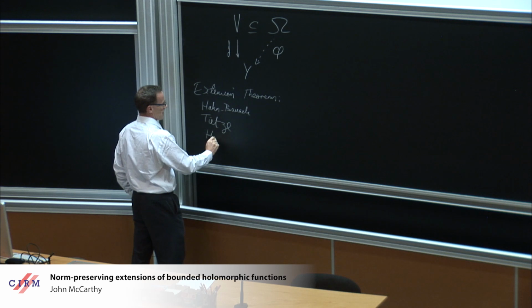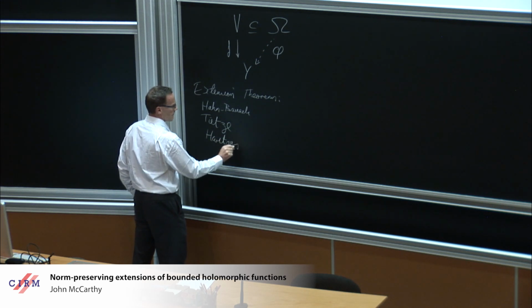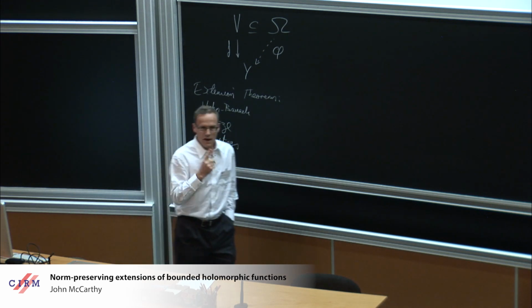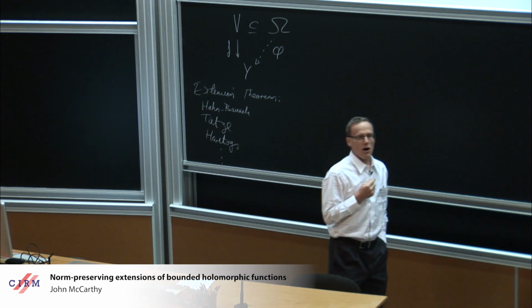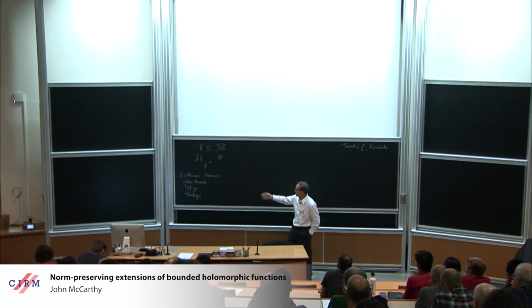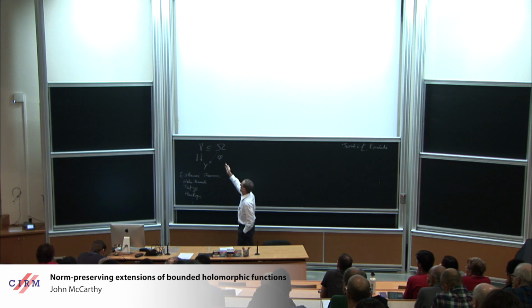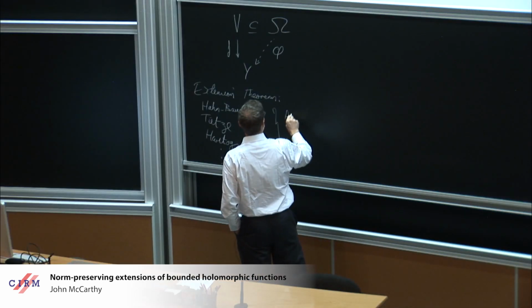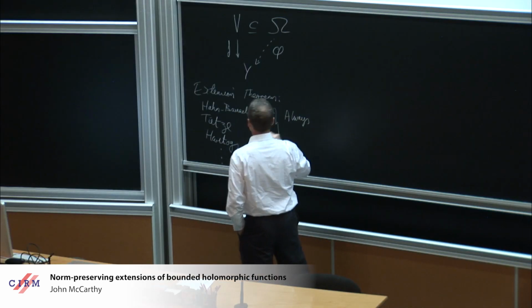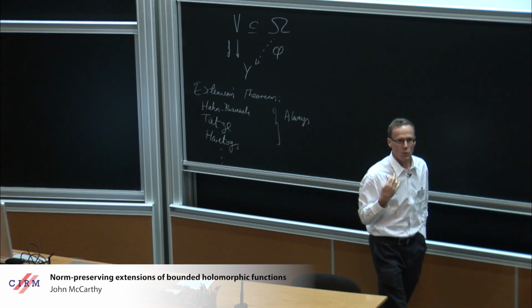There's Hartogs' extension theorem. Now, these are all examples of "always" theorems. Each of these theorems says that for an appropriate setup, you always find an extension. Now, there may be some work improving it, but